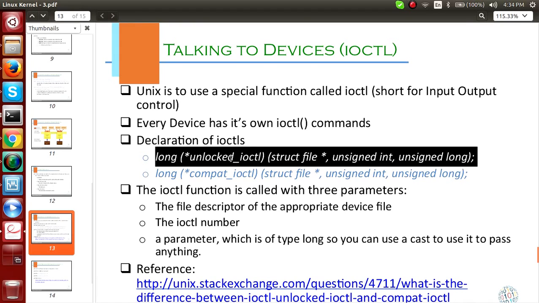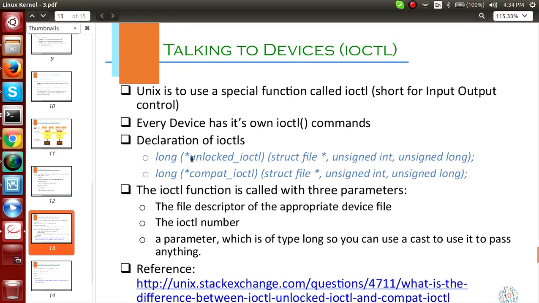So they have introduced this unlocked IOCTL, which won't take a big kernel lock. Now you have to protect your data by using mutexes inside the kernel. This change in 2.6 has been done to avoid the big kernel lock in IOCTLs, and basically provide your own locking mechanism inside your device driver. So your process can enter into the kernel mode, but inside that, if you are working on the critical section modifying the same data, you will have your own kernel locks there.